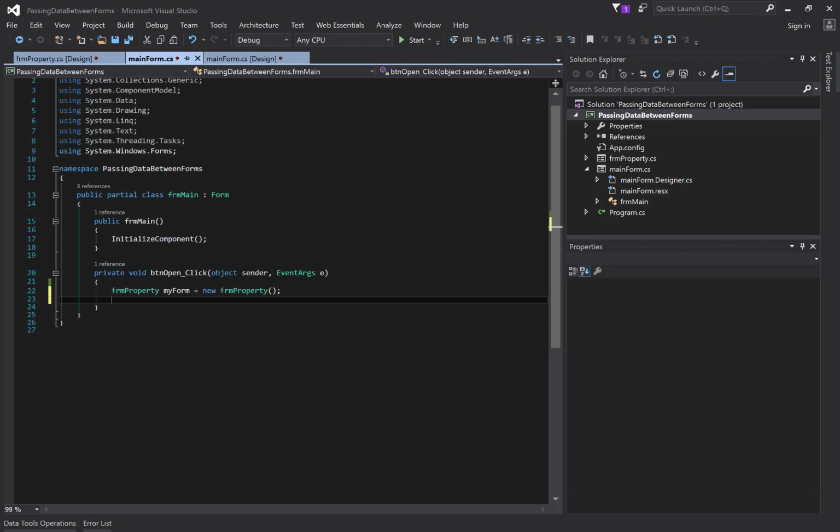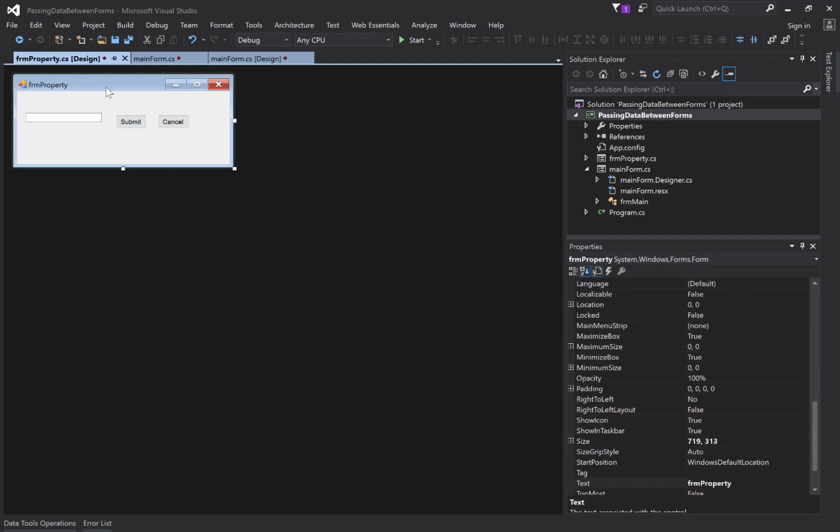So let's go over to that form now. And that was our form property. And what we need to understand here is that all of these controls are private to this particular form. So in order to send data back and forth, in particular the data that's in the text field, we're going to need to make this public. And here's how we're going to do that. So if we double click on submit,